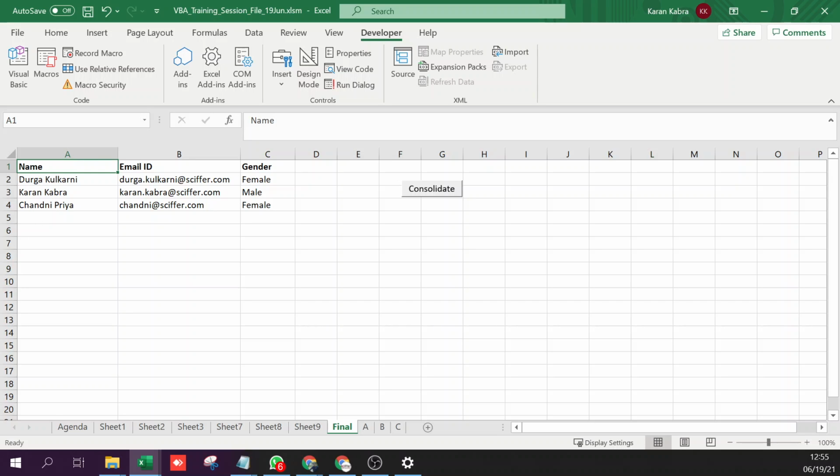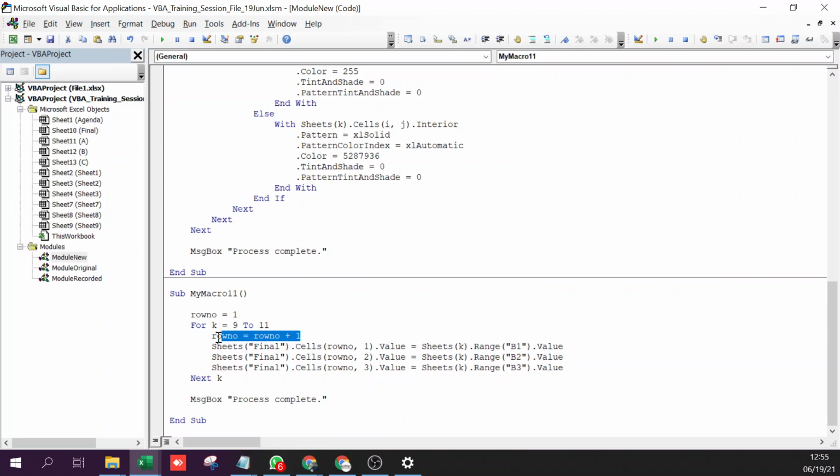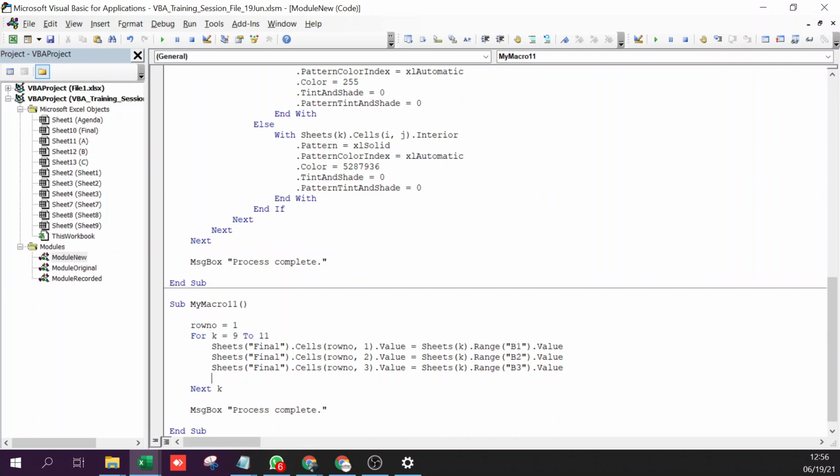Okay, one second. Manish, I missed your question. Shouldn't we write row number equal to row number plus 1 in the last line of the loop? Yes, Manish, we can do that. What you are saying is to write this value here after this. So even this is possible. So every time my loop is run, in the end I increment. So I start with 2. So the first time this will have the value 2, then it will increment from 2 to 3, and the next time it will have 3. So both ways it can be done. That's a very good point, Manish.